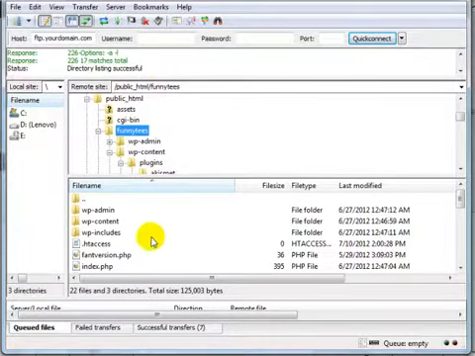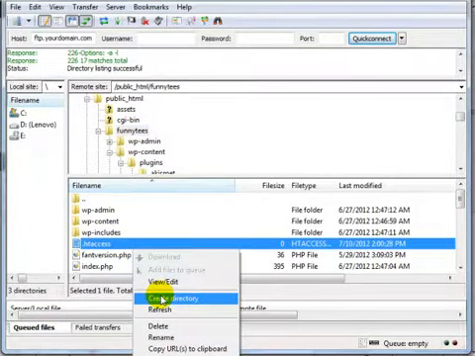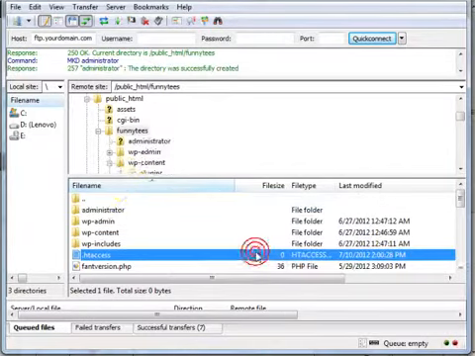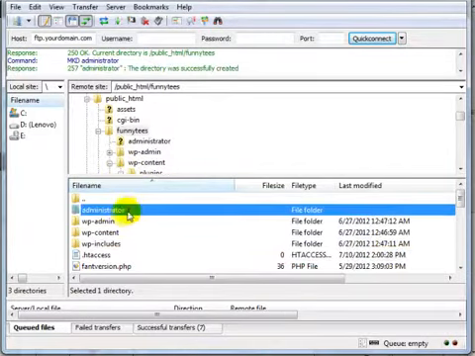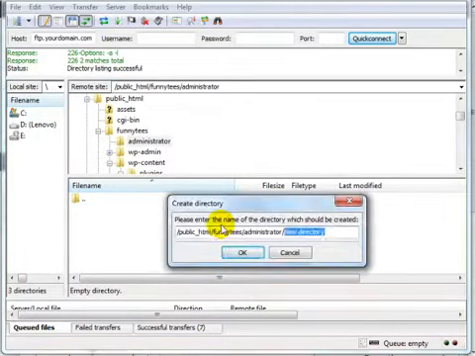So what I need to do is create a new folder here. So I right click, click Create Directory, and then enter the directory name. So I'm going to put Administrator,